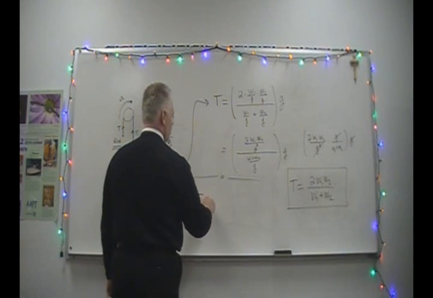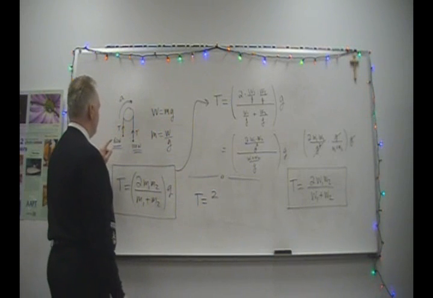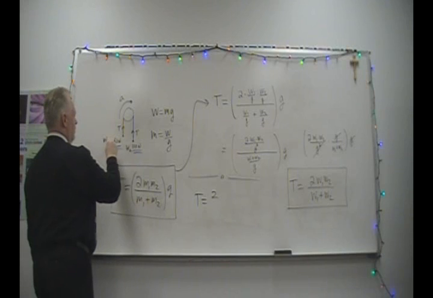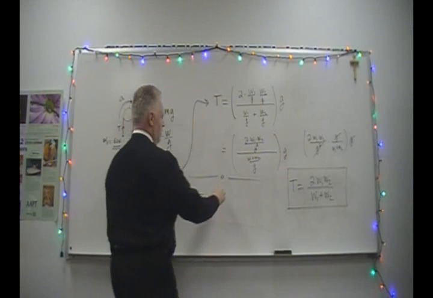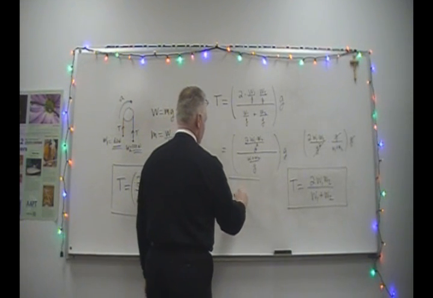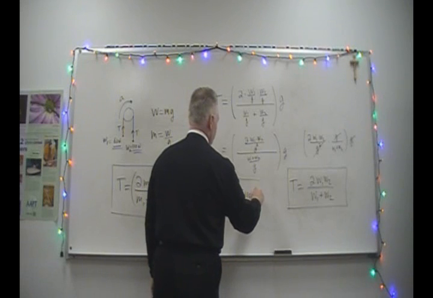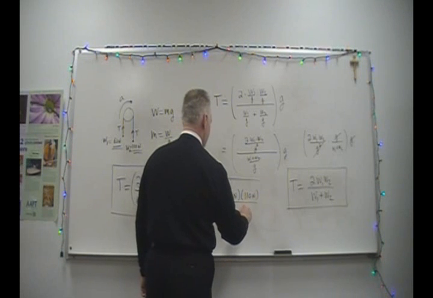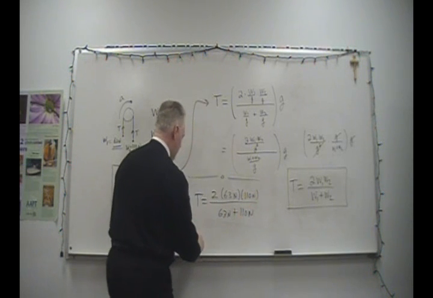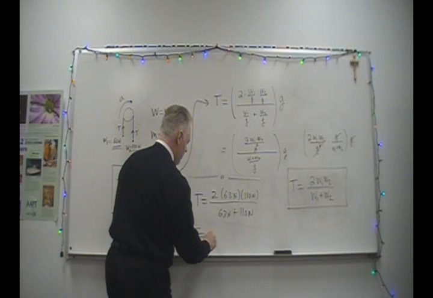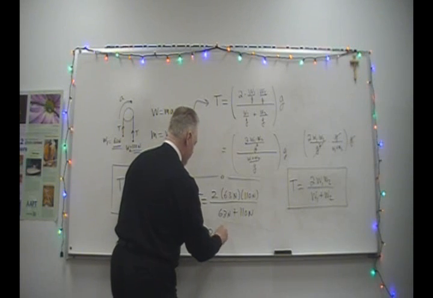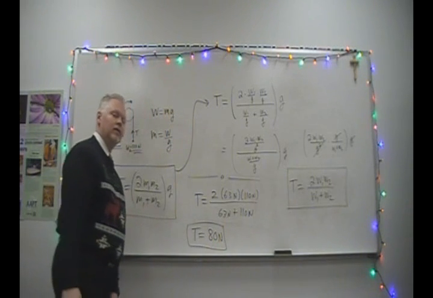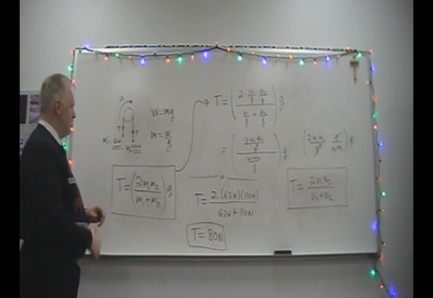We plug it in. The tension will equal 2 times weight 1. We call this weight 1. Call this one weight 2. So 63 newtons times 110 newtons divided by 63 newtons plus 110 newtons. When you do the calculation, it comes out to be approximately 80 newtons. And it should be somewhere between 63 and 110, because if you remember from our previous discussions,